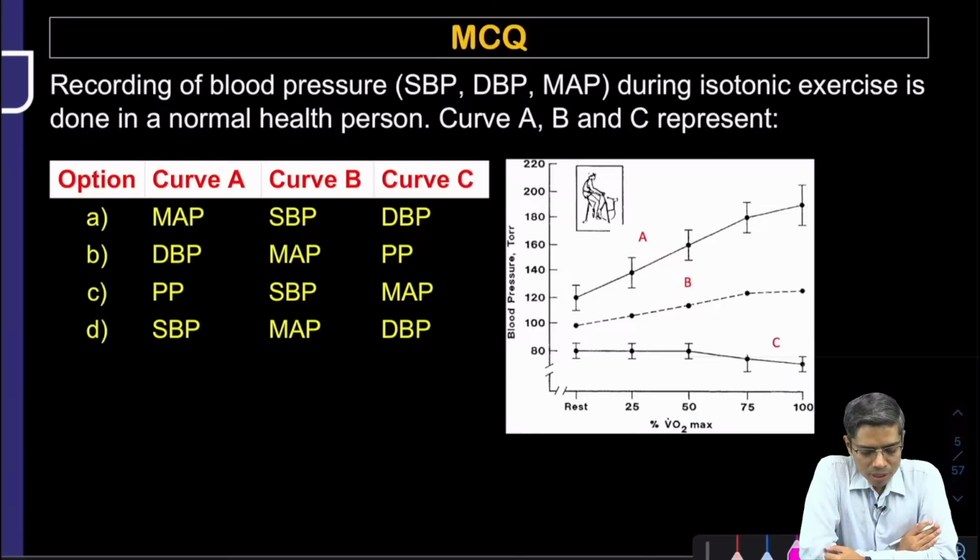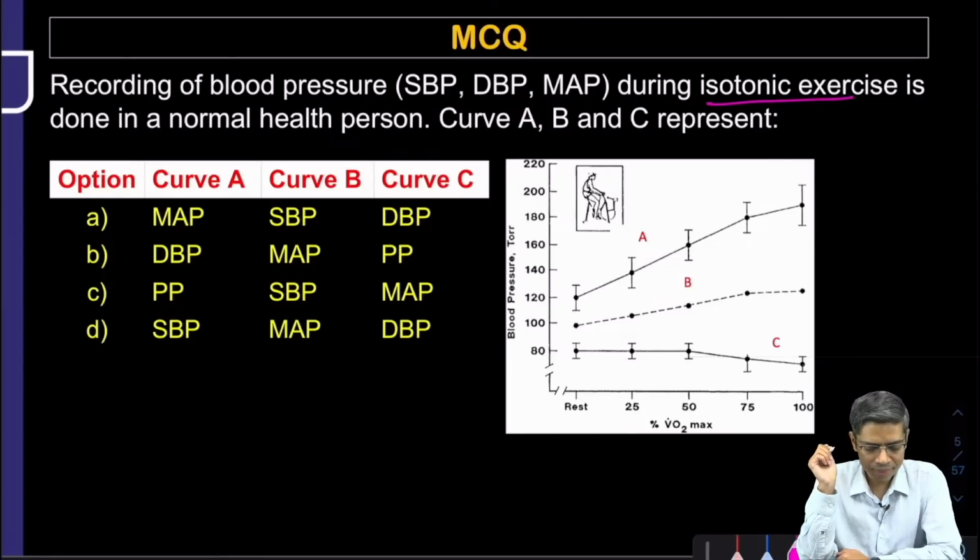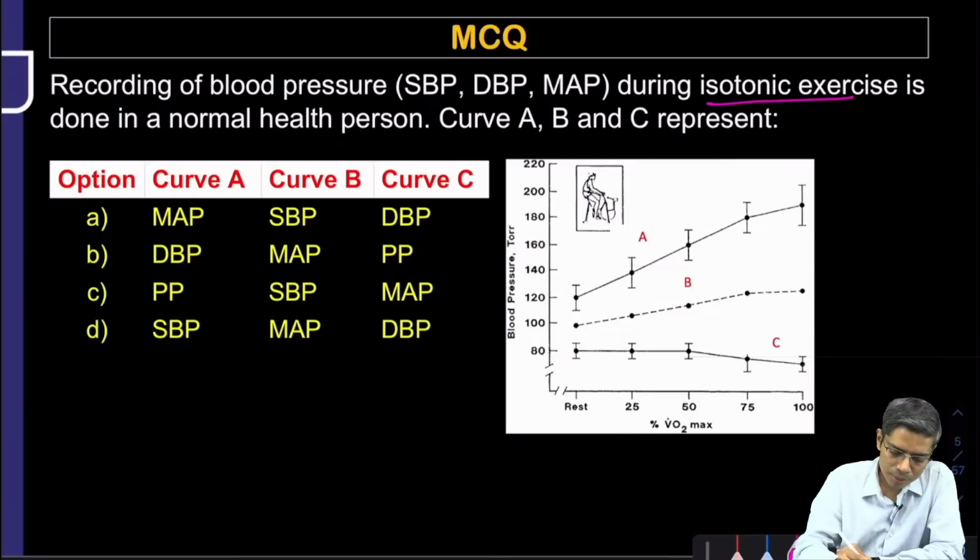So you have done the recording of systolic blood pressure, diastolic blood pressure, and mean arterial pressure during isotonic exercise. Curves A, B, C represent which kind of blood pressure? You have to identify what curve A is, what curve B is, and what curve C is. That is the question here. And if you look at this diagram carefully,